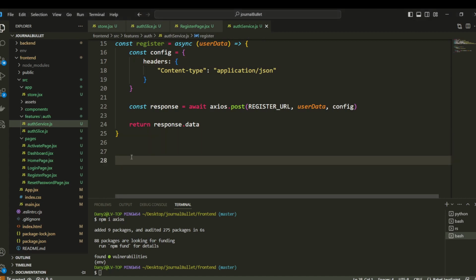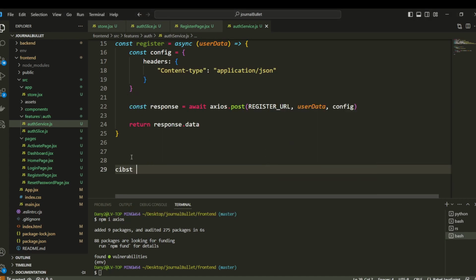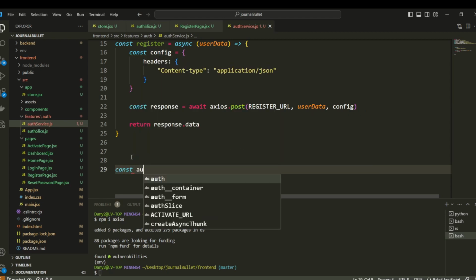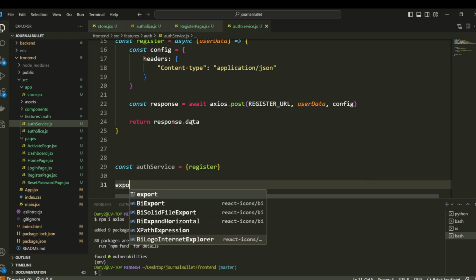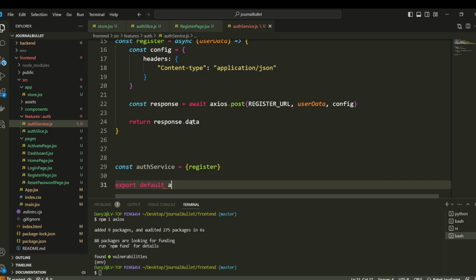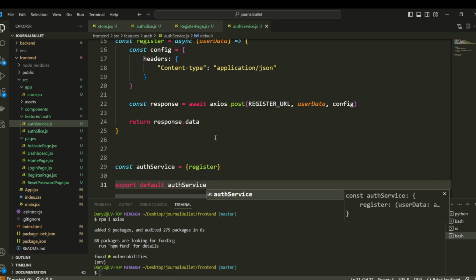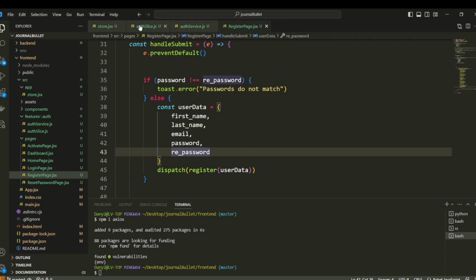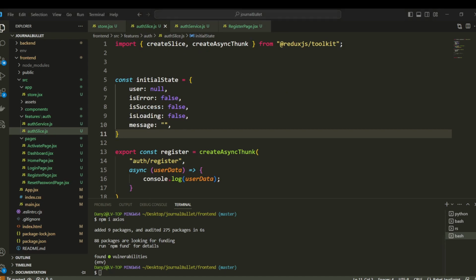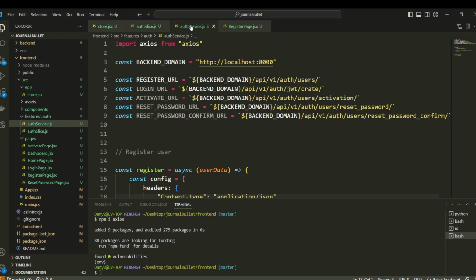Now you have to export this. So it's going to be const authService equal to, here we only have our function, but you are going to have more of the different requests. So let's create authService and let's export the default, authService. Okay, so now we go back here to the authentication slice,